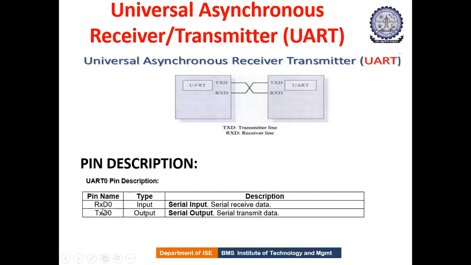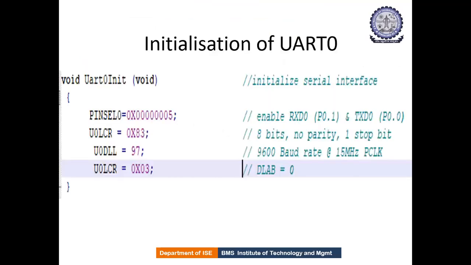Keeping this in mind, how we are going to transmit the data and how we are going to receive the data, we are supposed to configure with respect to the LPC 2148. This is a small piece of code which we have taken, because whenever we are dealing with LPC 2148, we are supposed to initialize it. LPC 2148 has general purpose IO registers and input pins, and we have something to initialize so that it performs a UART operation. The first line uses pin select 0.